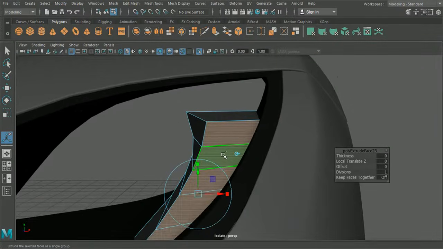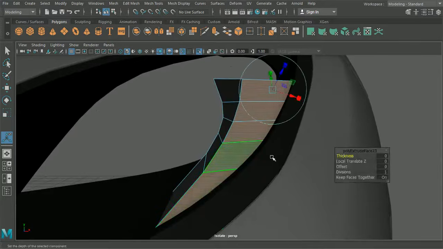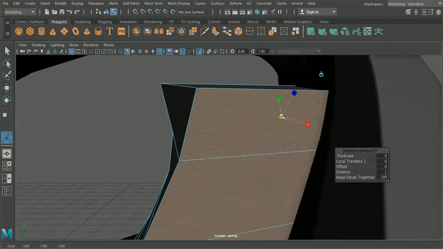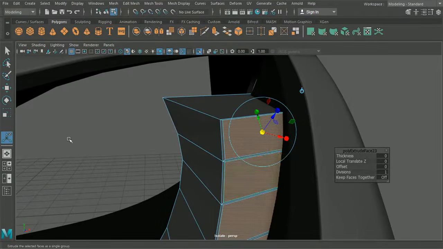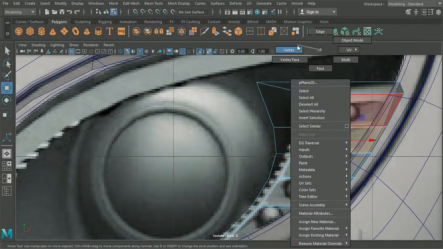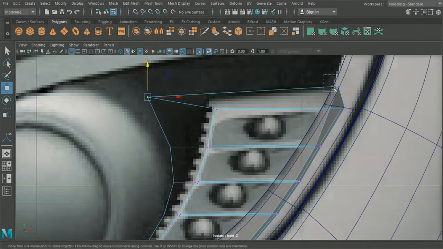What we may want to do is, instead of doing that, we'll grab these faces again, we'll hit Ctrl E, turn the keep faces off, and we'll just extrude in ever so slightly in there. And then we can use this time here just to make sure that we're lining up a little bit nicer. So this is actually incorrect what it looks like on this model here. Actually it looks like I'm incorrect. It looks like I'm going to be more like this.